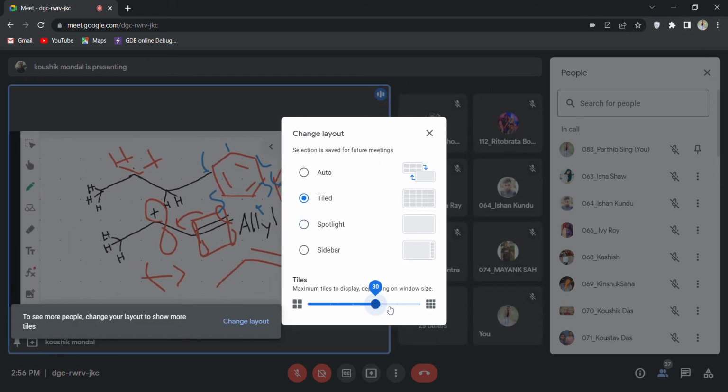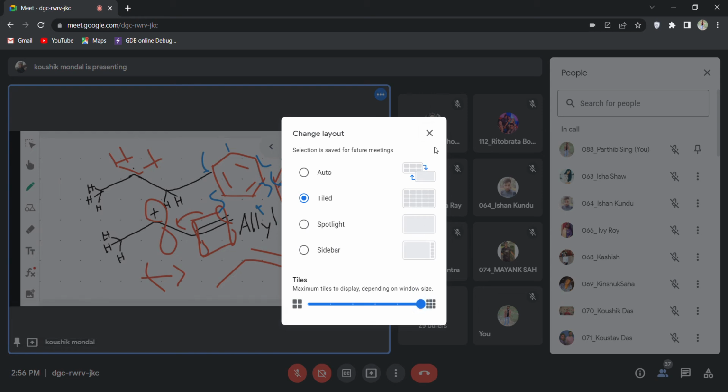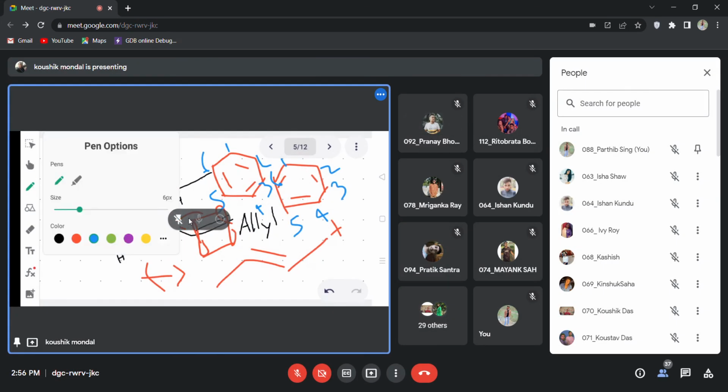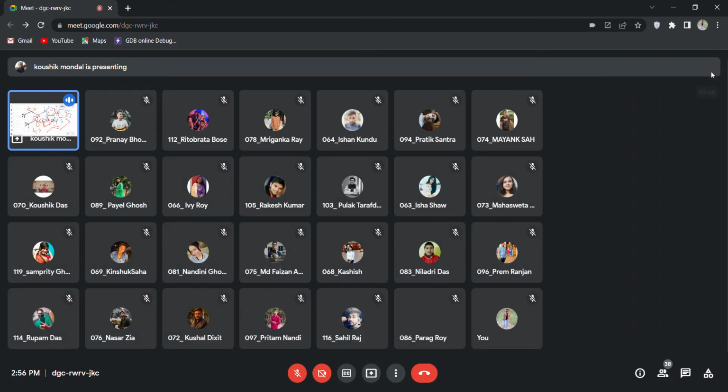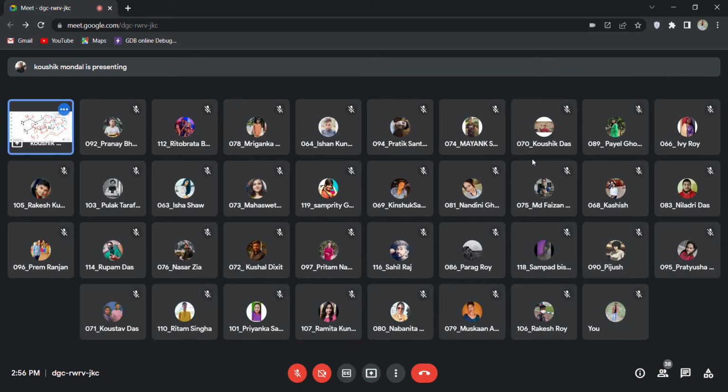So in between these two forms, in this green colored form, and this violet colored form,